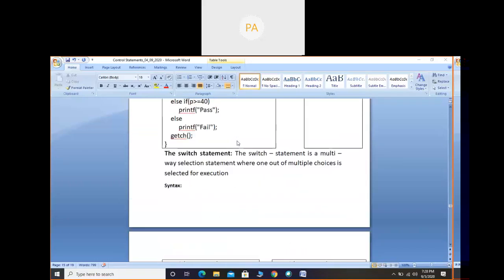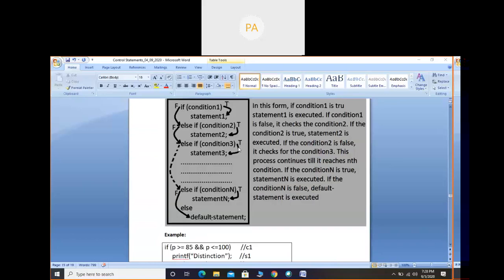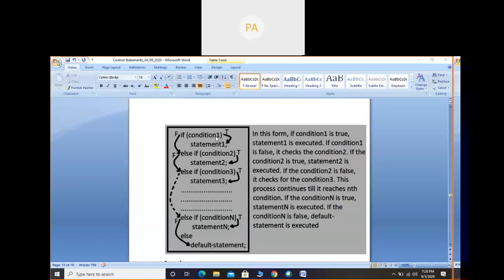See, again you compare with the else if ladder. For example, if the first condition becomes true, the statement following that condition is executed and it stops. Stops in the sense that further conditions are not checked. If conditions are not checked, statements are also not executed. If the first condition fails, it goes to the second condition, right? If the second condition is true, statement 2 is executed. Further conditions are not checked. In this way, wherever the condition matches, the statements belonging to that condition are executed and further conditions are not checked.